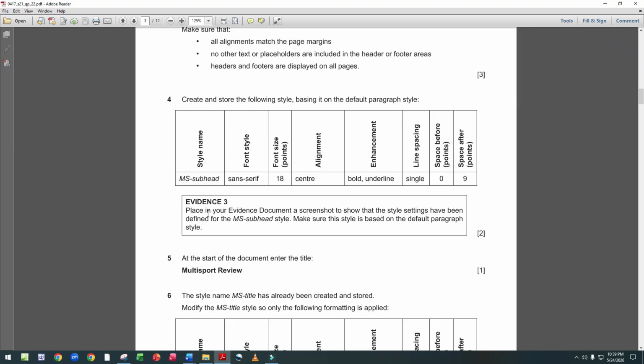Evidence 3. Place in your evidence document a screenshot to show that the font settings have been defined for the MS subhead style. Make sure that this style is based on the default paragraph style.